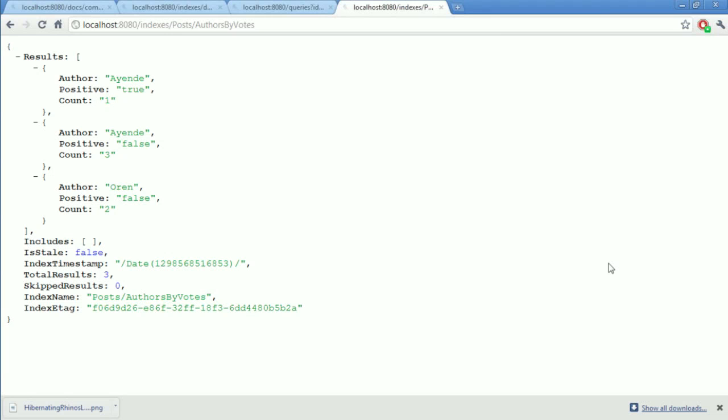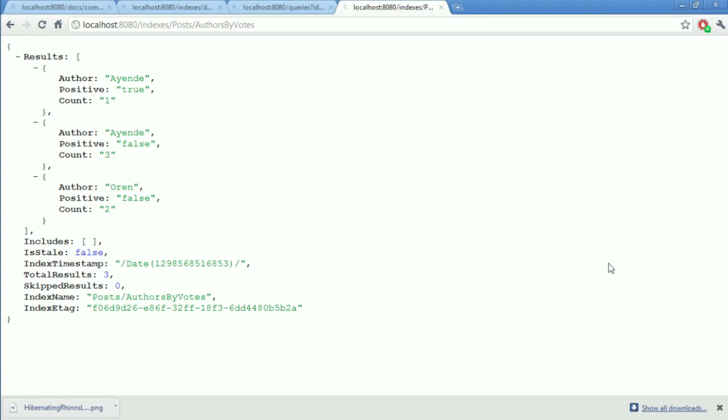what we want to do now is to query indexes/posts, and I don't remember the name. So now you see what actually happened. Now we have aggregation by the author and whether this is positive or negative across everything.